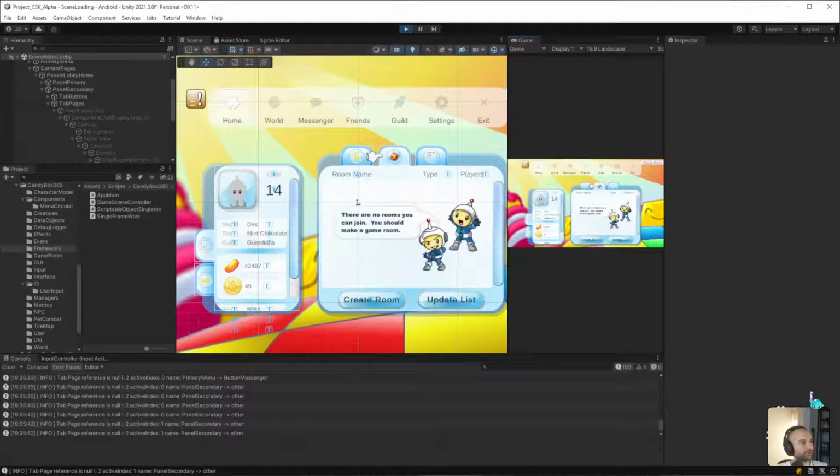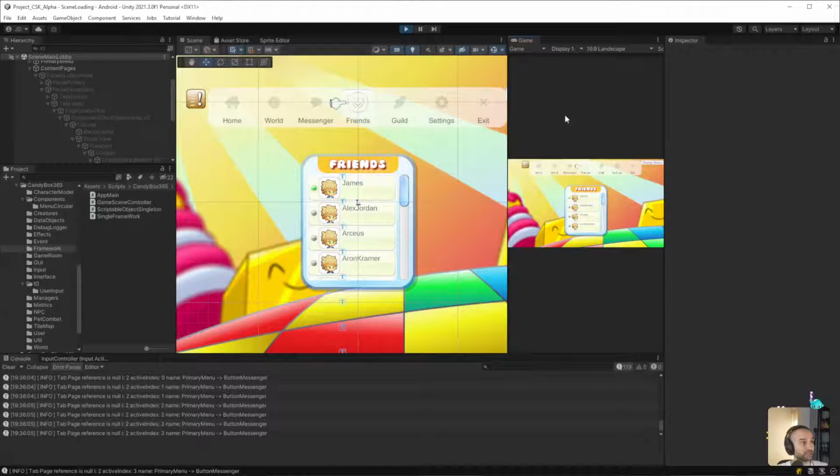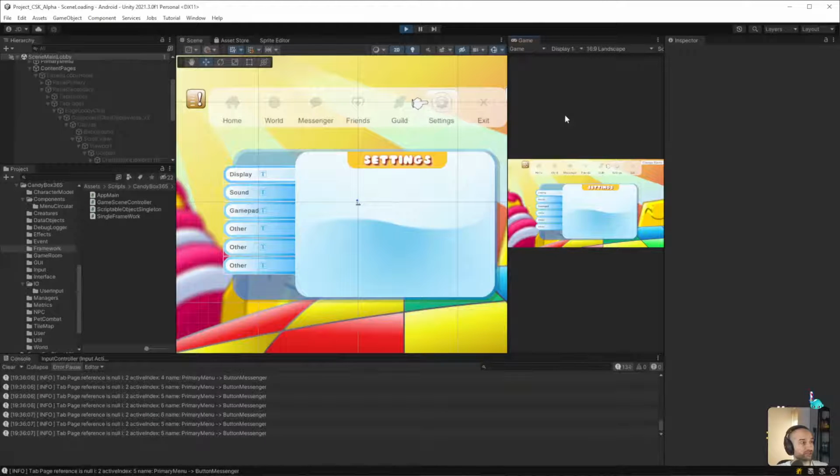I think I'd be more interested in just implementing the logic in here, so then we can view the active game rooms and then create the game rooms. I think that makes more sense for right now. And then that will take us into the game room logic, because this lobby, I think, works really well, actually, in terms of the functionality.